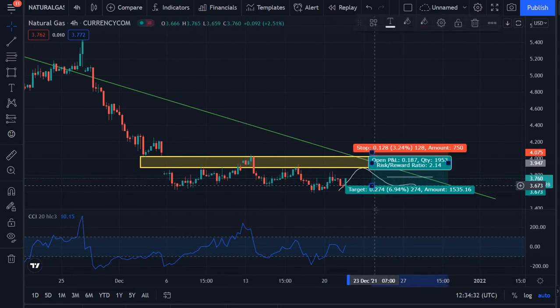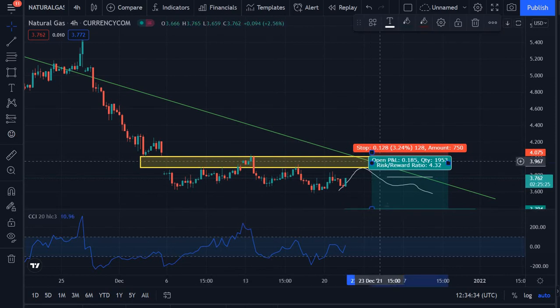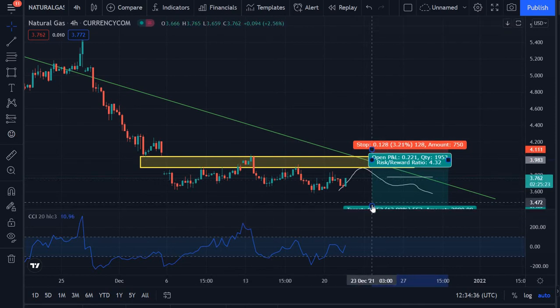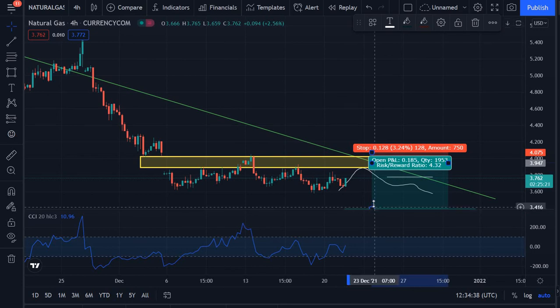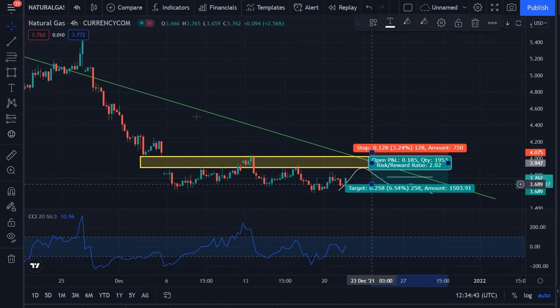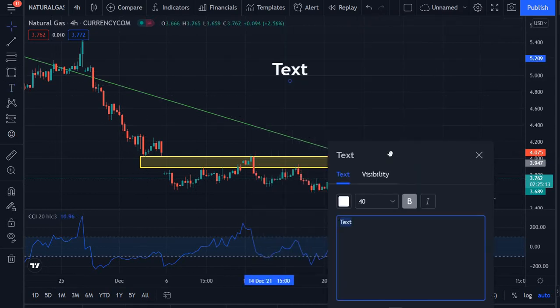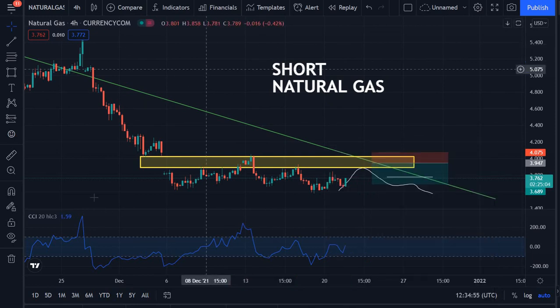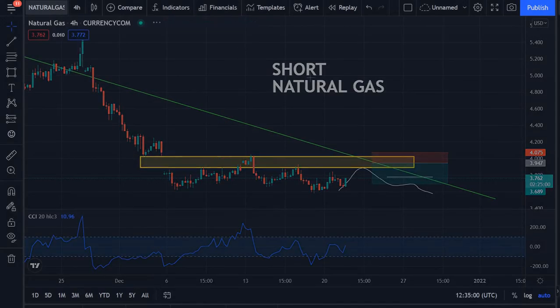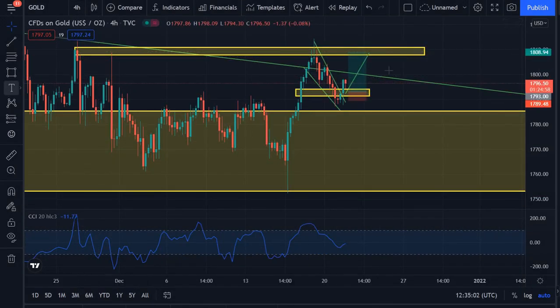Otherwise, we could here break and continue along this trend line to the downside. But the simplest trade here would be 1 to 2, otherwise completely to the downside. So this is natural gas as well, taking a short here. And the gold market was a buy here, so